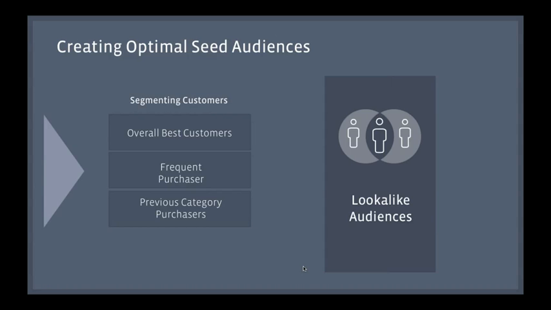So if your goal is to push out content around a woman's outerwear sale, for instance, you really want to drive those products, then you're going to want to create a lookalike audience based on people who've purchased in that category before. It doesn't make sense to target people who look like shoe shoppers if you're selling coats. So really thinking about what do you want to drive and what is the best seed audience to start with